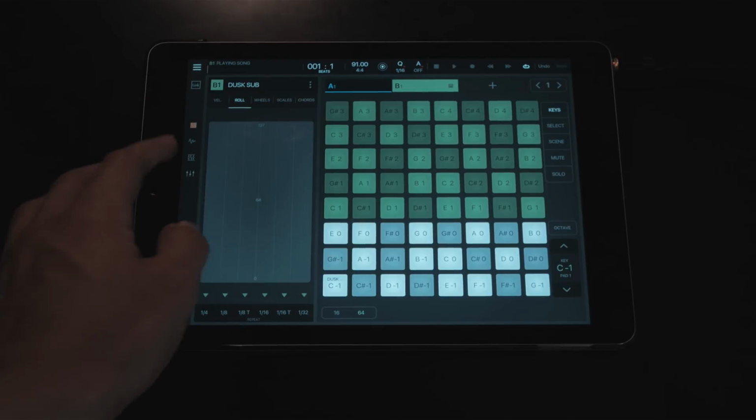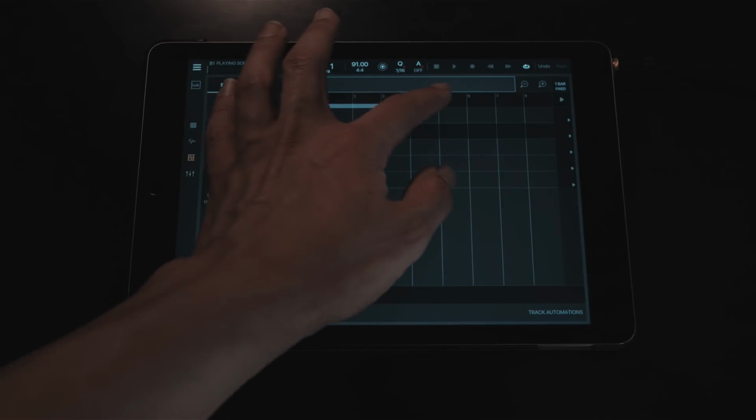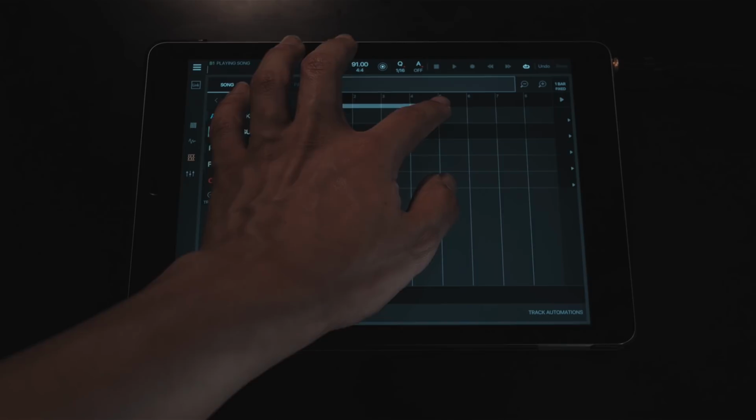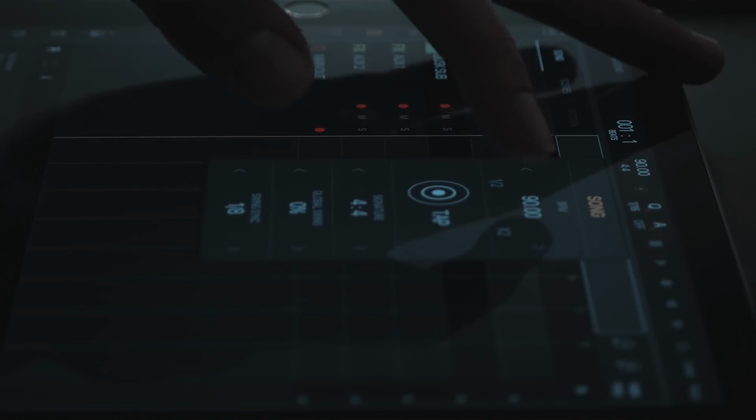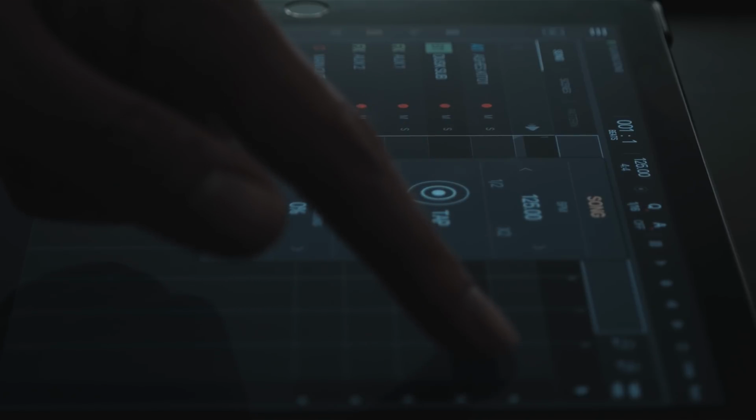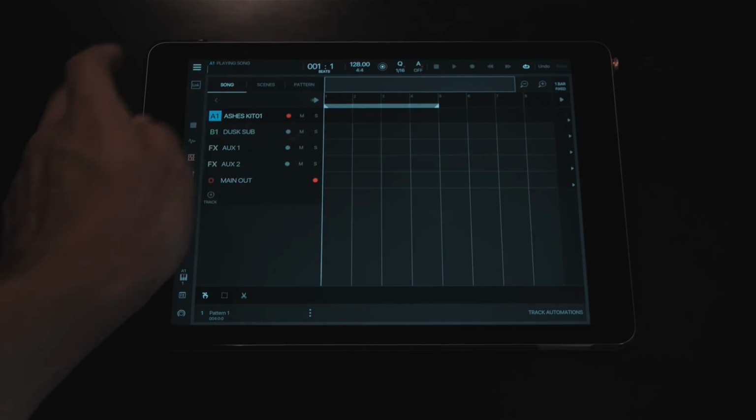Okay, so let's just go ahead and make a beat. The first step is to go into the sequencer view and create a loop section on the timeline. Then I need to enable the track that I want to record by tapping the record icon on that specific track. The next step is choosing our tempo, and for this track, I think I'm going to adjust the tempo to about 128 beats per minute. And now we're ready to record something.